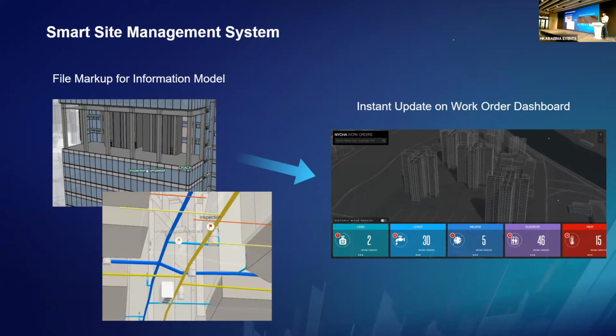In ArcGIS, we could seamlessly import open-format BIM models from our browser, and then we could do different kinds of exploratory analysis, like slicing to visualize the design, or we could do file markup to give some comments on the project. And then we could also synchronize these comments to our dashboard. The dashboard is a single interface that lets us see all the important information.